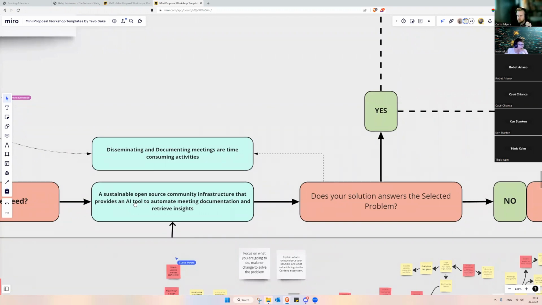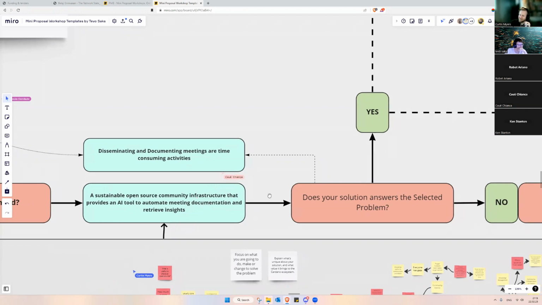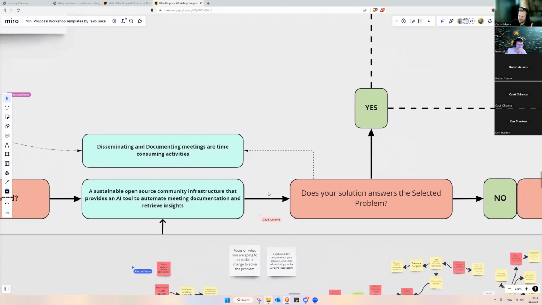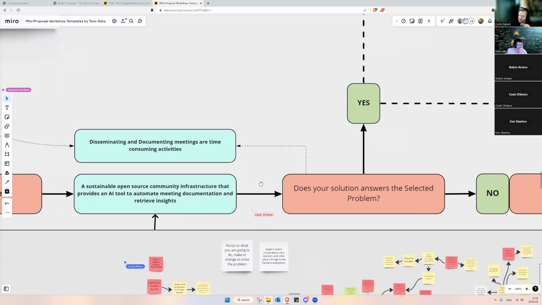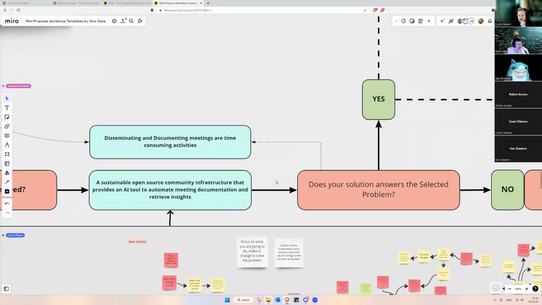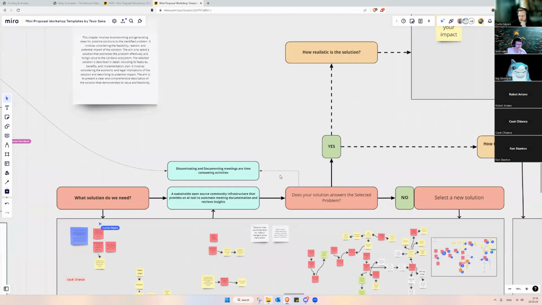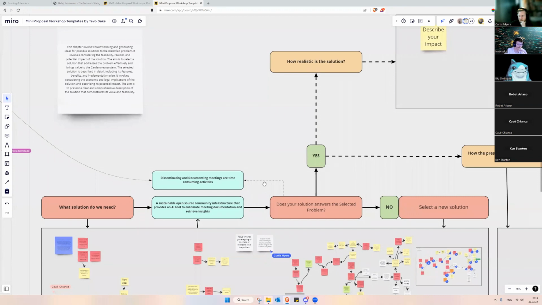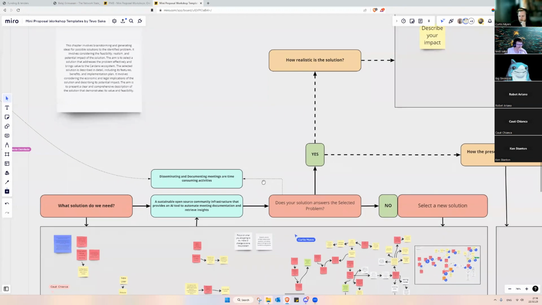Ken, what do you think? At face value, yeah, because we're having to operate in an abstract manner because there's so much involved in it, and we're abstracting a lot of the detail out of it. So yeah, I would say, in my opinion, it is addressing it directly. However, it's not providing any details, but we will later. So yeah. Does anybody feel like it doesn't address the selected problem statement?